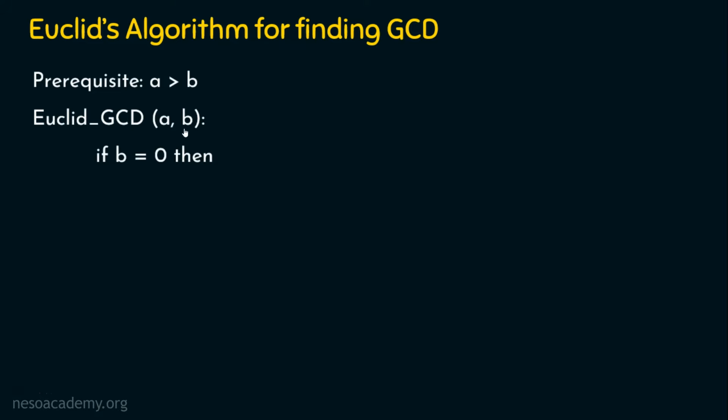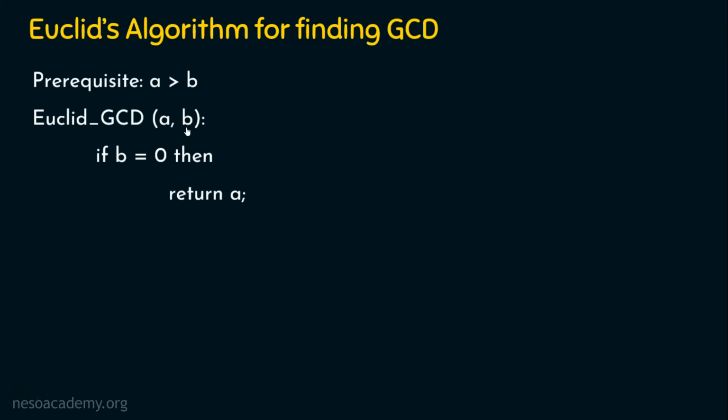Now we know very well that whenever the B parameter, the second parameter, is 0, then obviously A is the GCD, right? In method 1 also I told you we are going to compute A mod B. When you compute A mod B, we get two outputs. One is the quotient and the other one is the remainder. So what were the columns we had in method 1? Just recollect. Quotient in the first column, A, B and R in the second, third and fourth columns respectively, right? And in method 1, we stopped this process when the B parameter becomes 0, isn't it? I hope you can recollect this.